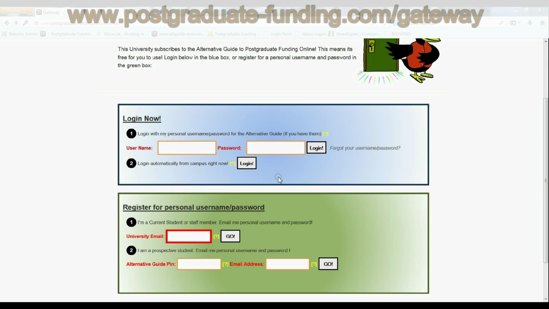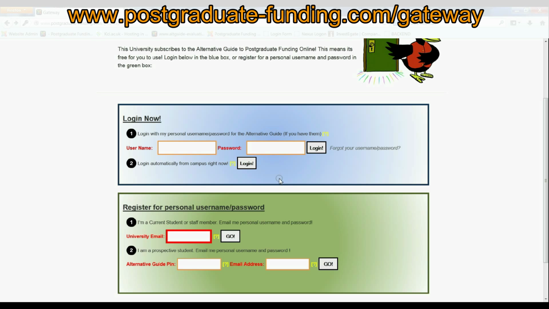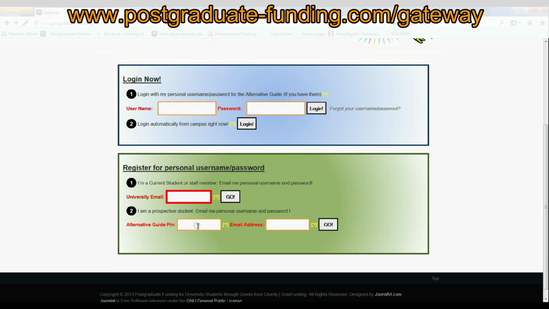The third way of accessing the Alternative Guide online is for prospective students. Now obviously if you're a prospective student you won't have a university email address yet, but what you can be given is an Alternative Guide PIN. This is a 4-digit PIN that your university can give you if they subscribe to the Alternative Guide to Postgraduate Funding. Now once you have this PIN you can input it here into the box, say it's 4 6s, and